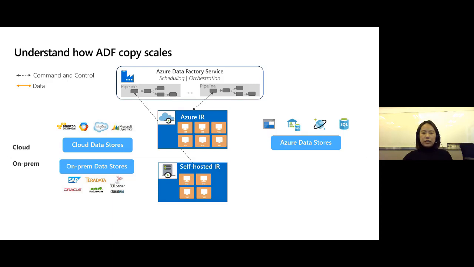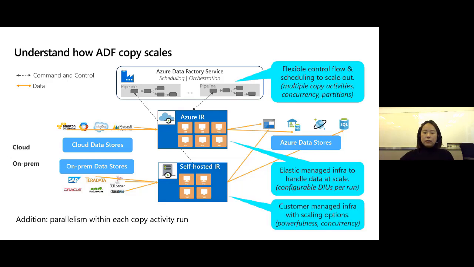So when you use ADF, inside ADF you construct a pipeline which represents a workflow. Inside it can be a copy activity, pointing to your source and a sink. And the copy activity will be running on the integration runtime. IR is the short form for integration runtime. It comes in two flavors, the managed version or the self-hosted version. Then the IR will reach the different data stores, based on your configuration of which one to use. Then here are a bunch of areas where ADF can really scale very well